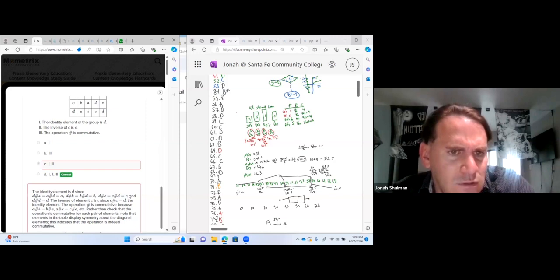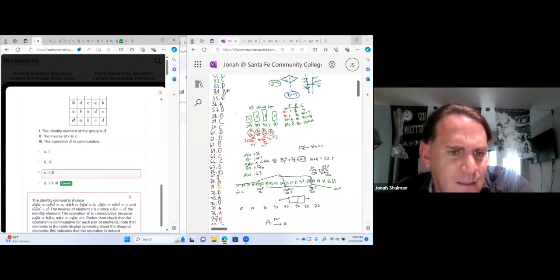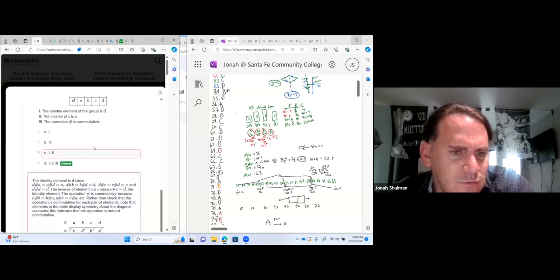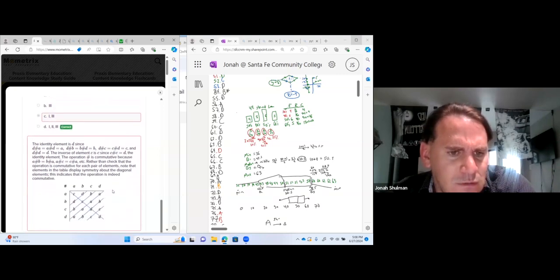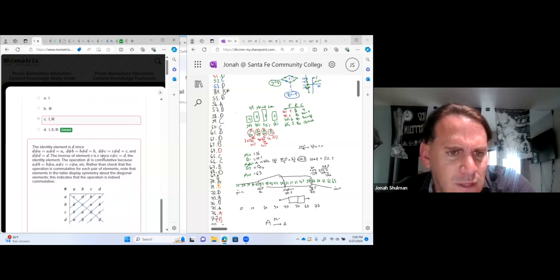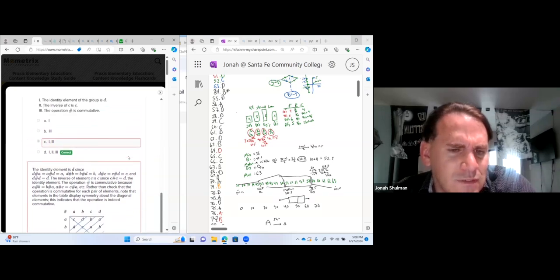Okay, so I thought that was the right, but it was commutative. Okay, so the inverse element is C, since C and C equals D, the identity element. Oh, because if it's multiplied by itself, we get the identity. That's why it was two also. A and B equals B and A and C equals C and A. That's the commutative. So the only one I got right was commutative.